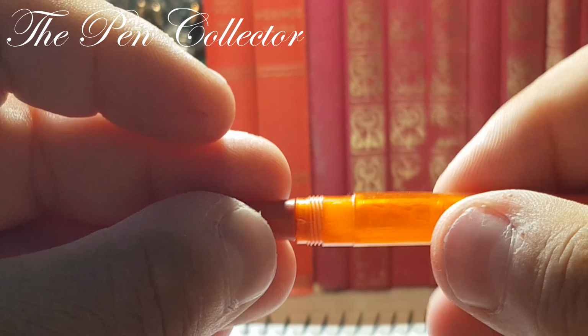Now let's move on to the second model. You can see the same Pescăruș, but this time the FLARO logo is here, and we have Pescăruș number 2. We have a difference, as you can see, on the turning knob. This time it is not striated, but it has those faceted lines that offer you a little grip. This time a quite transparent body, and also the cap unscrews to reveal this section, which you can see is a little bit different from the other section in the sense that it's a little bit longer,